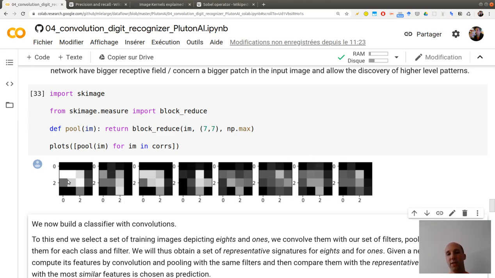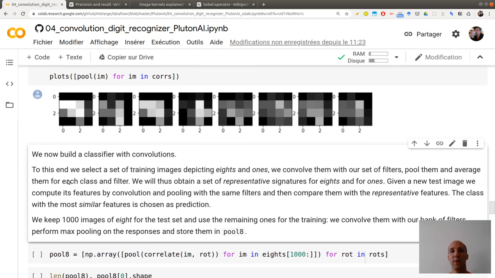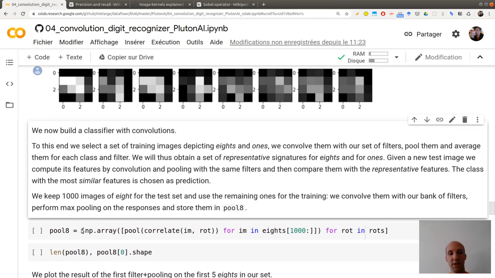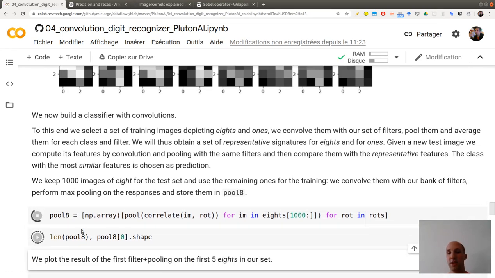What I will do is the same thing as what we did in the baseline, but instead of working directly on the image pixel-wise, we will apply this operation to all my 8s in the training set and all my 1s in the training set, in order to get a representative of the 8 and of the 1. This is exactly what I'm doing here.